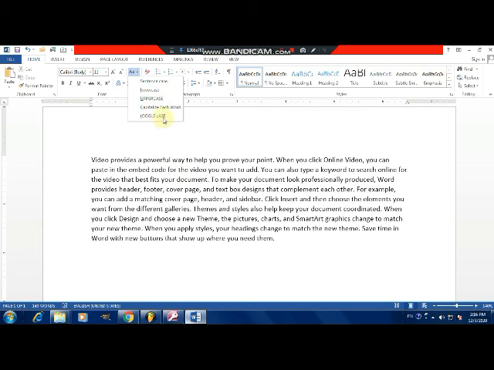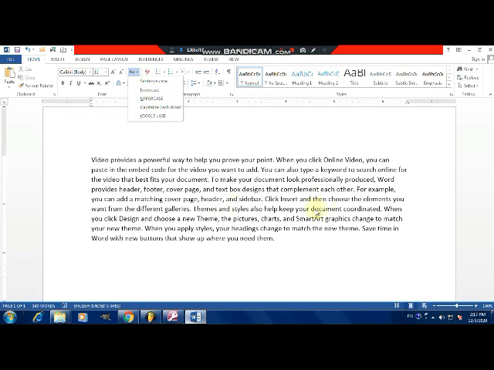By default Microsoft Word uses sentence case. What is the use of sentence case? In sentence case the first letter will appear in capital, like V of video, till the full stop. Not any other capital. Then the first letter of the next sentence is capital, and this is the first letter of the third sentence. That means sentence case will show the first letter of every sentence capital till the full stop.